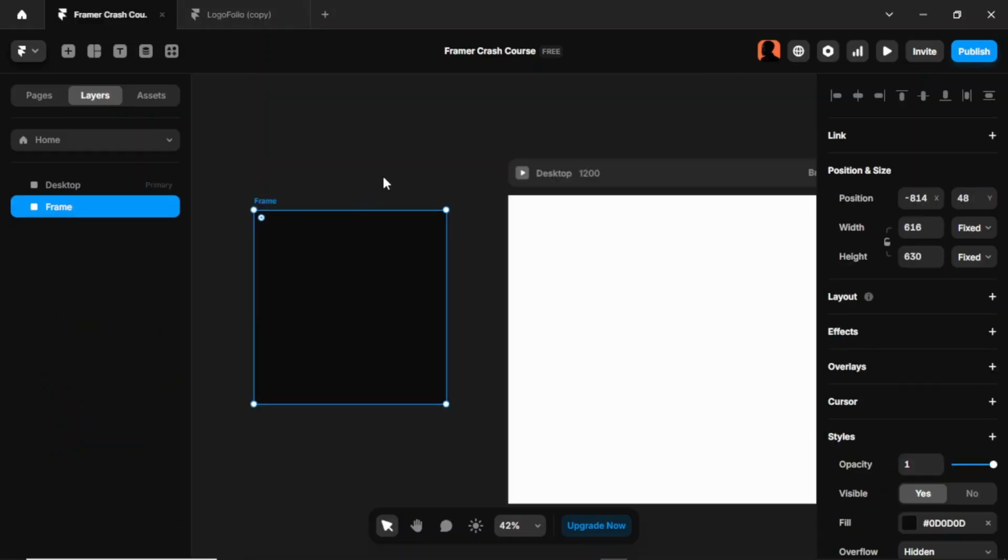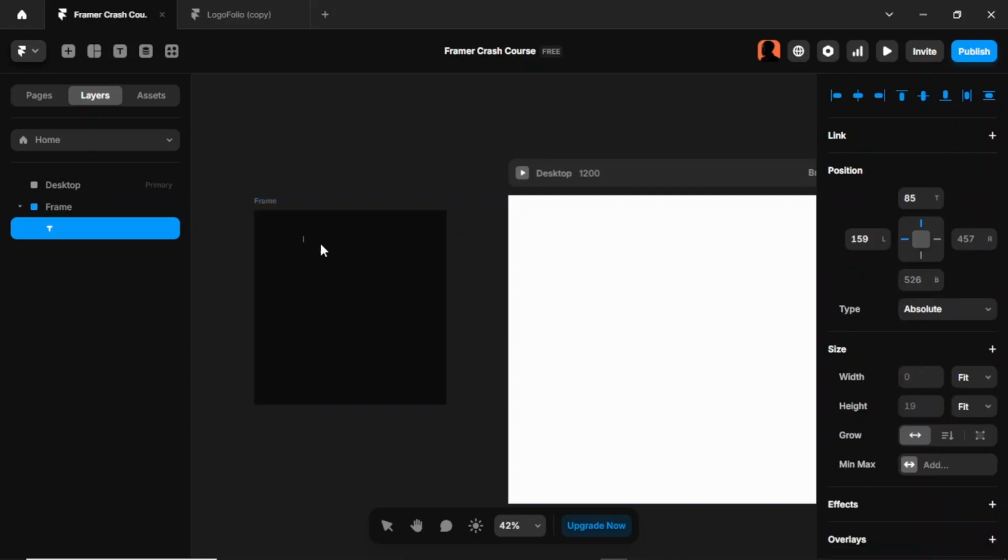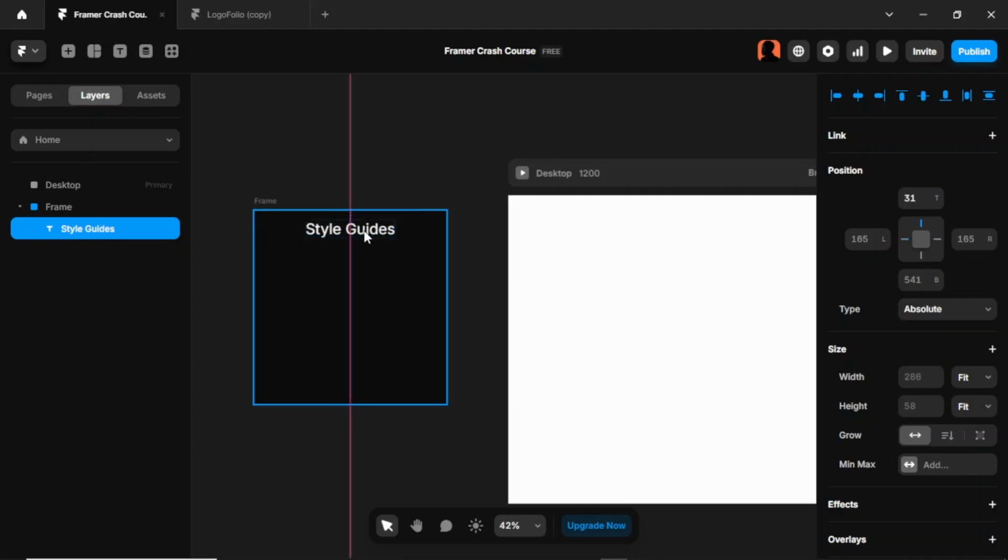So on my frame here, I'm just going to click on my frame and hit T on my keyboard. And then click on it and type style guides as a heading. I'm going to increase the font size. Then I'm going to duplicate this,